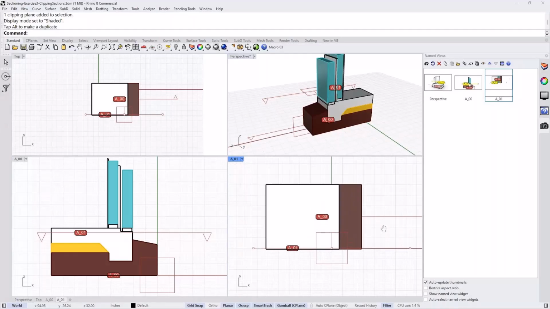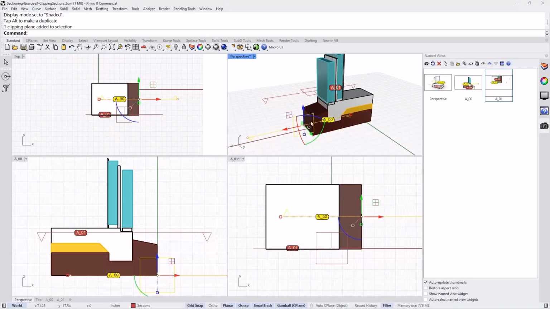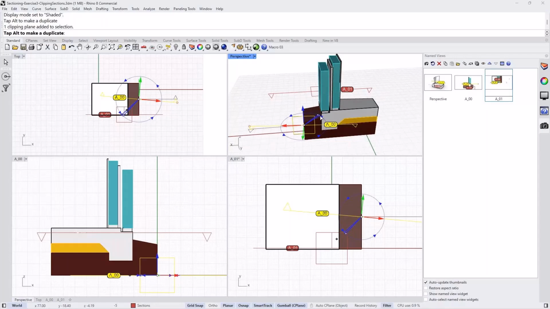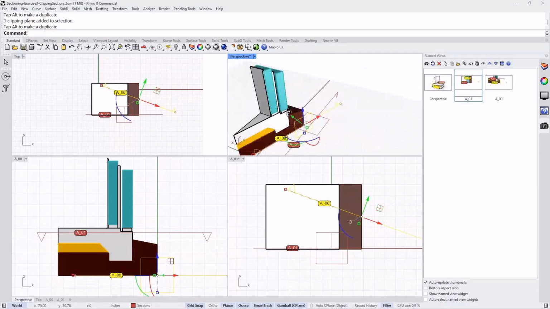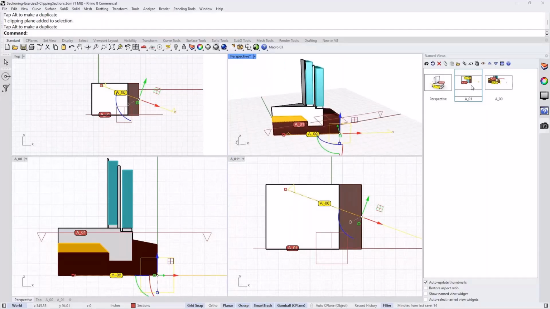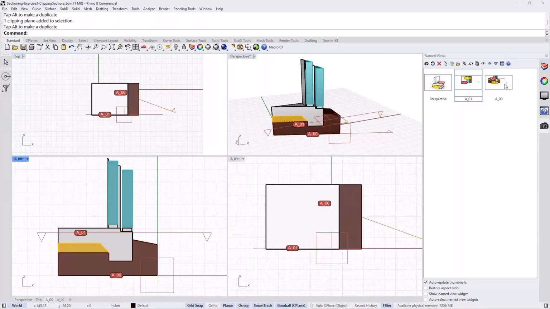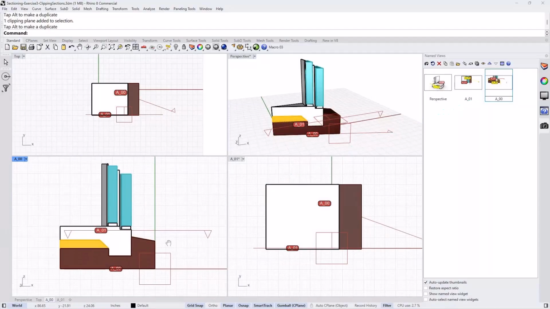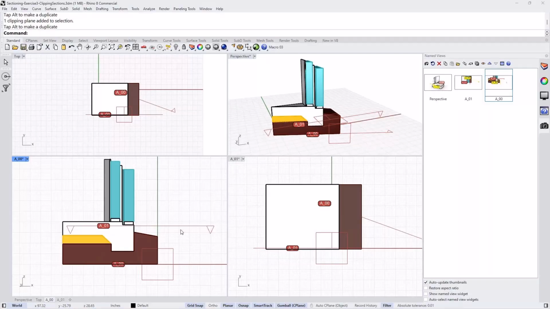And this is fully updated to be exactly like the named view. But anytime you move or rotate or change your clipping plane, let's, for example, rotate this clipping plane a little bit. As you can see, that view has been changed. The A00 has been changed. And to update that view, you will need to, again, drag and drop it. And you can see how that now is set to the updated A00.